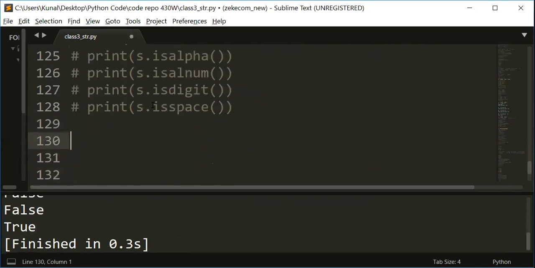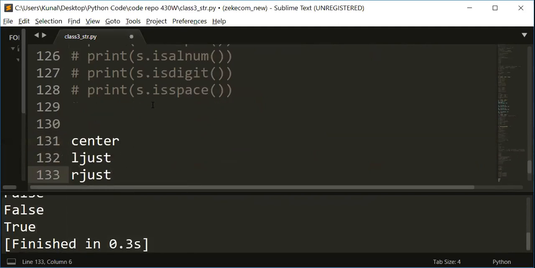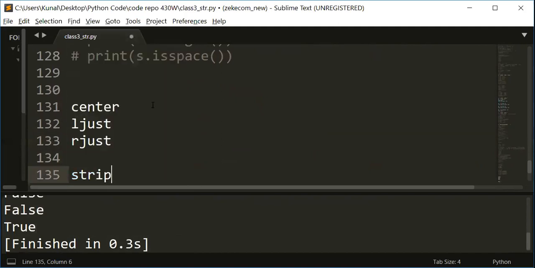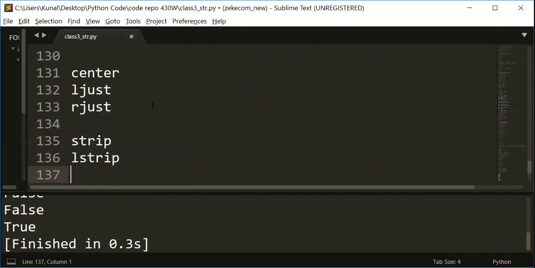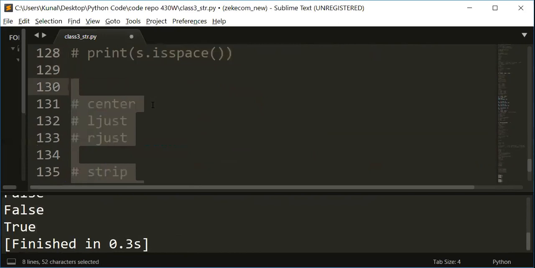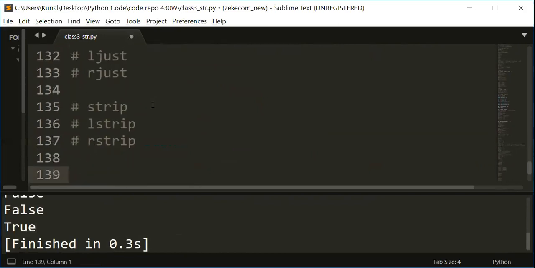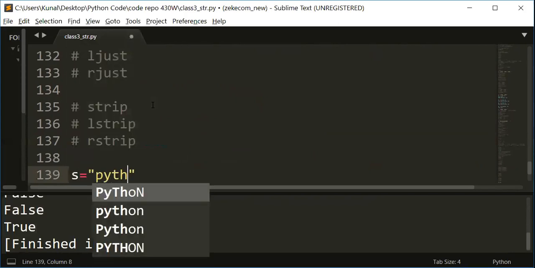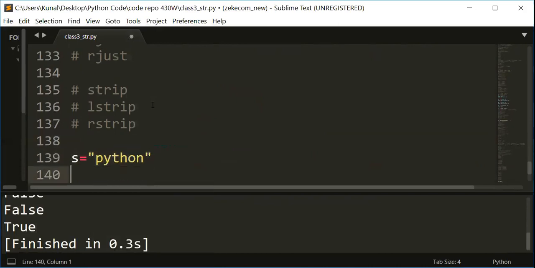Last six functions. So we have something called center, ljust, rjust. Then we have strip, lstrip, and rstrip. Now strip and rstrip are very important if you are dealing with your files or web applications. So I have a string Python. Now the length of this will be 6, right? I want to make it a fixed length 20. So I can say it as